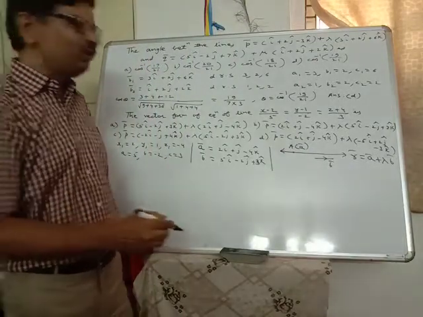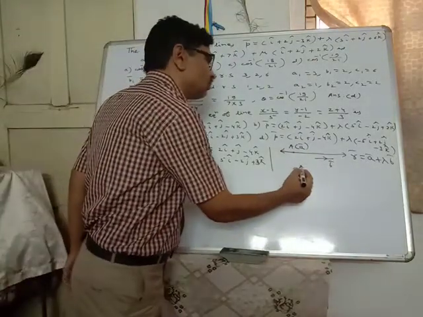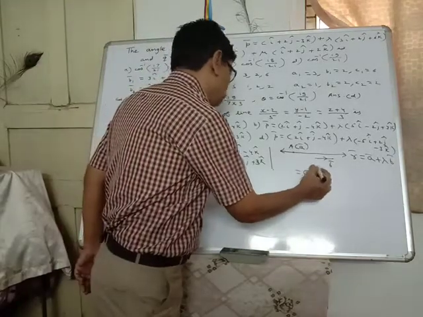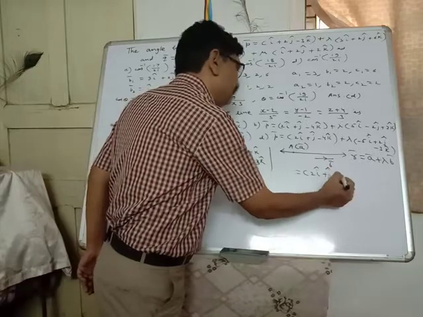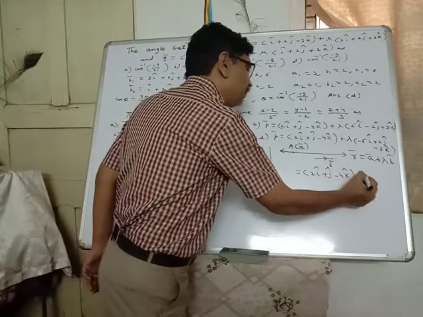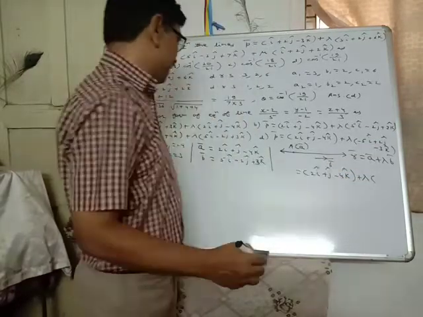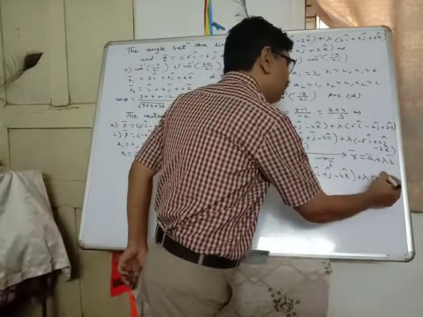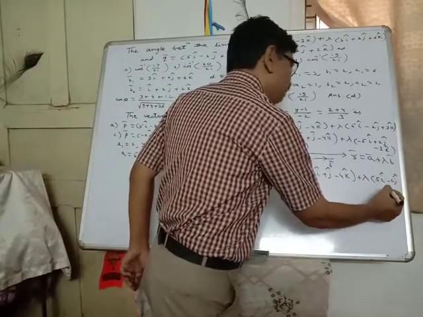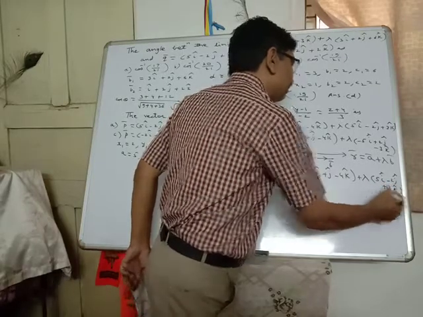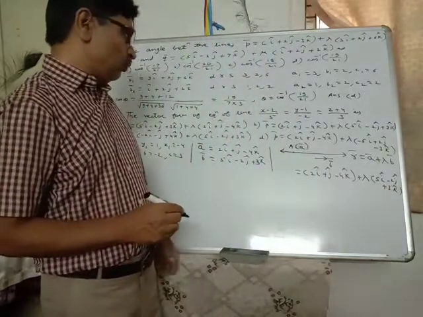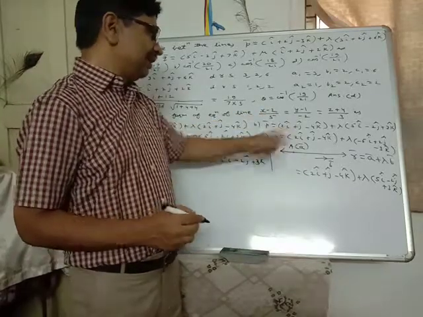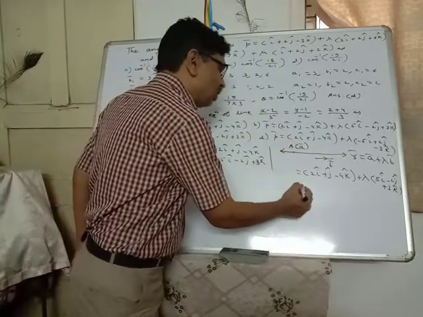Put the corresponding values here. a bar is 2i plus j minus 4k, plus lambda into bracket, b bar in bracket 5i minus 2j plus 3k. Compare it with the options. We can observe that here the answer is option